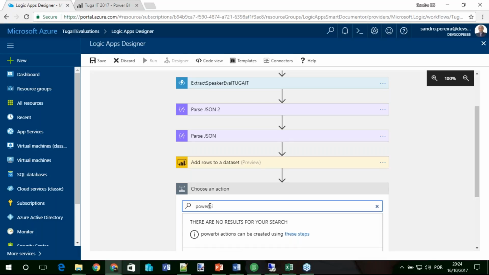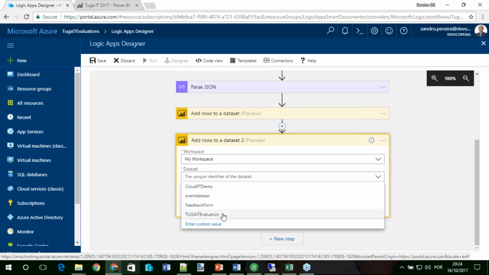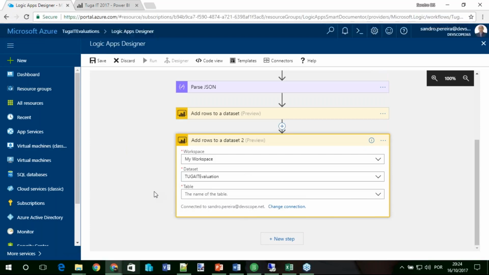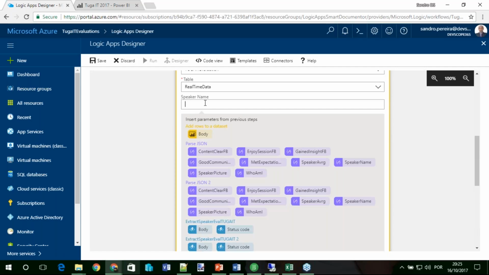And is that the Power BI? Of course, I need to provide my connection to the Power BI I already have there, otherwise it will ask me for the credentials. This is my workspace. The data set that I have in my Power BI, and everything is real time in that case. So only one option, and this will read the table that I have there and render all the information here.